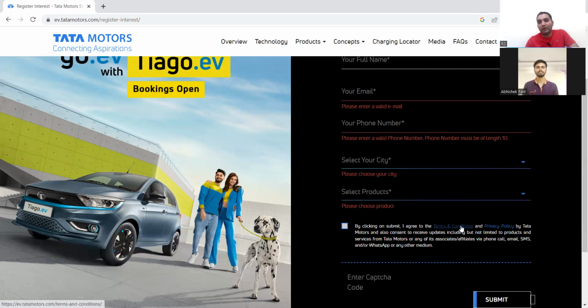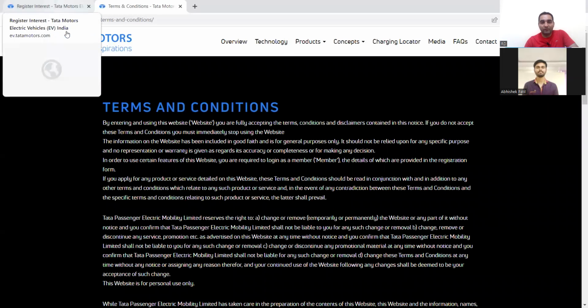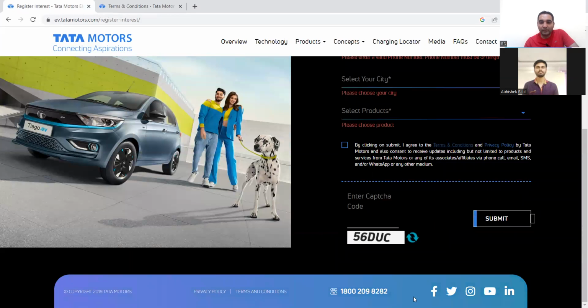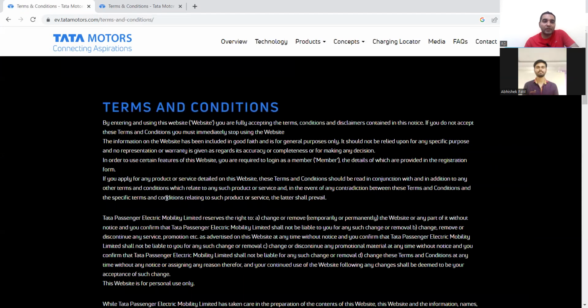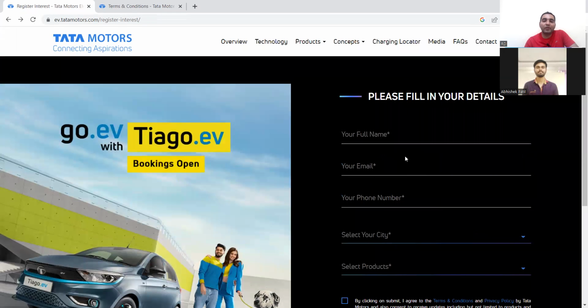Then you have to click on terms and conditions and see it gets opened in a new page with a variety of text written. Privacy policy should again display properly. Then these numbers, these all logos, as soon as you click on these things, it should redirect you to the proper page. Terms and conditions is there. Now consider a scenario